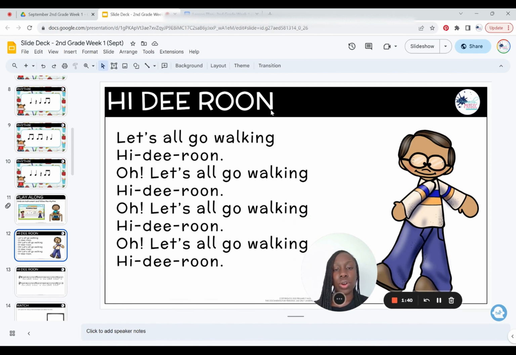This is an activity that you can easily turn into a movement activity. You could change the lyrics: instead of let's all go walking, you could do let's all go skipping, let's all go jumping, let's all go flying, whatever it is that you want to do. Even have the students choose the movement that they should do next.